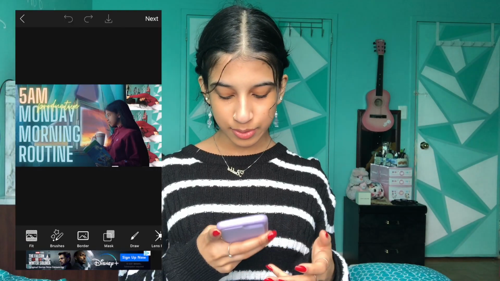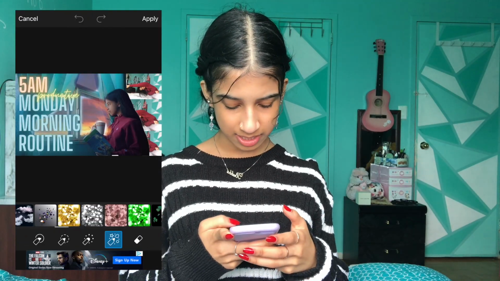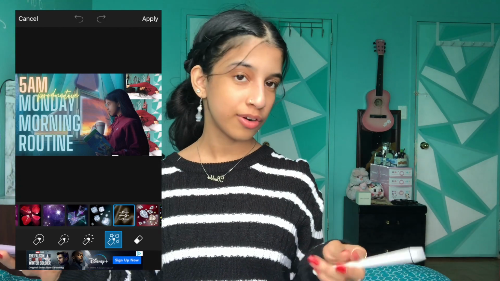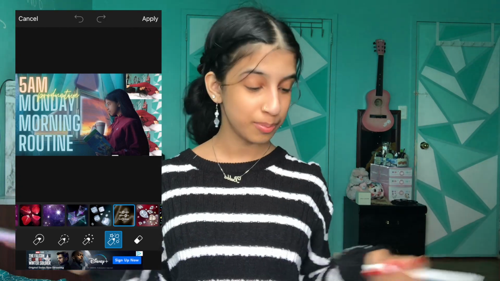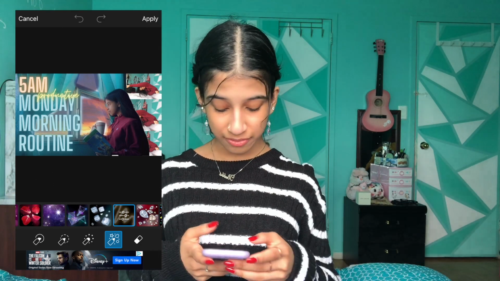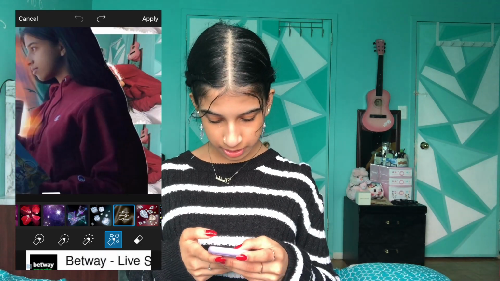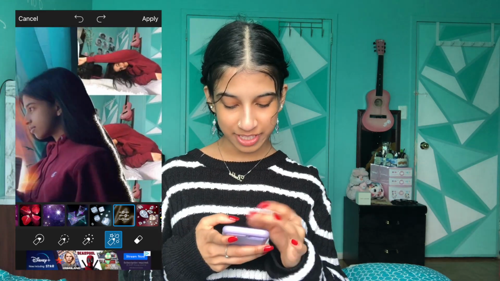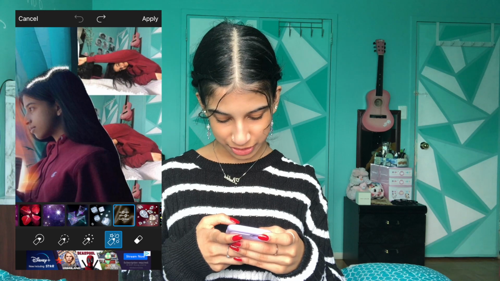So what I like to use is this one brush. It's the sparkle brush, I think. This one. Because it makes it look like there's a white glow around you, and it does look a little chalky, but since thumbnails are so small, you can't really tell. And so again, you can use your pen, a finger, whatever you want. Just zoom into the picture, outline what you want outlined. It also helps cover up if you did a really bad job at cropping the picture in the first place.